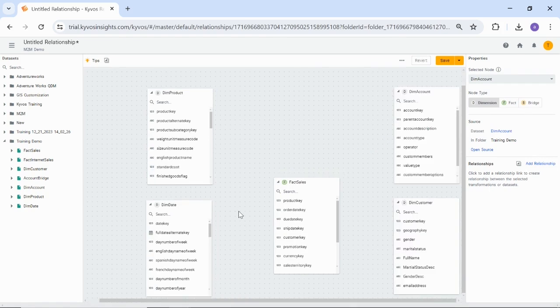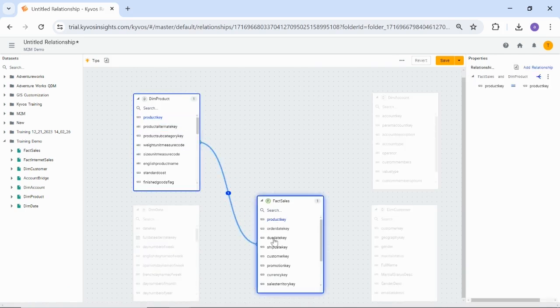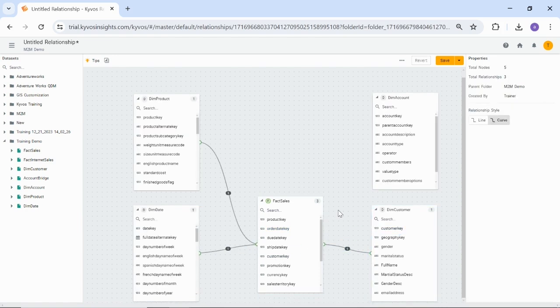To create a relationship, we will drag a field from the fact node to the corresponding dimension node. Let us establish relationships between fact sales and dim product, dim customer, and dim date. However, we have not found the appropriate key to join fact sales with dim account. In such a situation, to establish a relationship between these two tables, we will introduce a bridge table and create